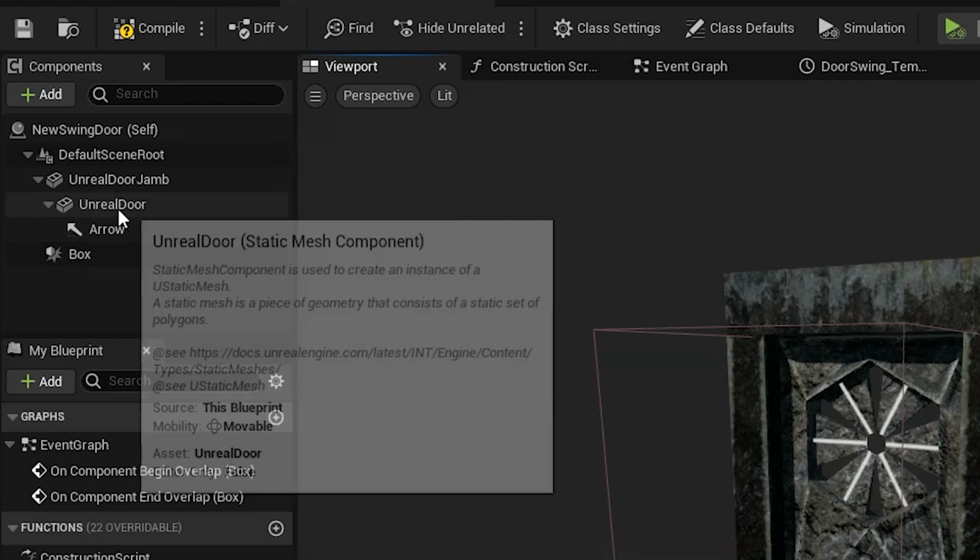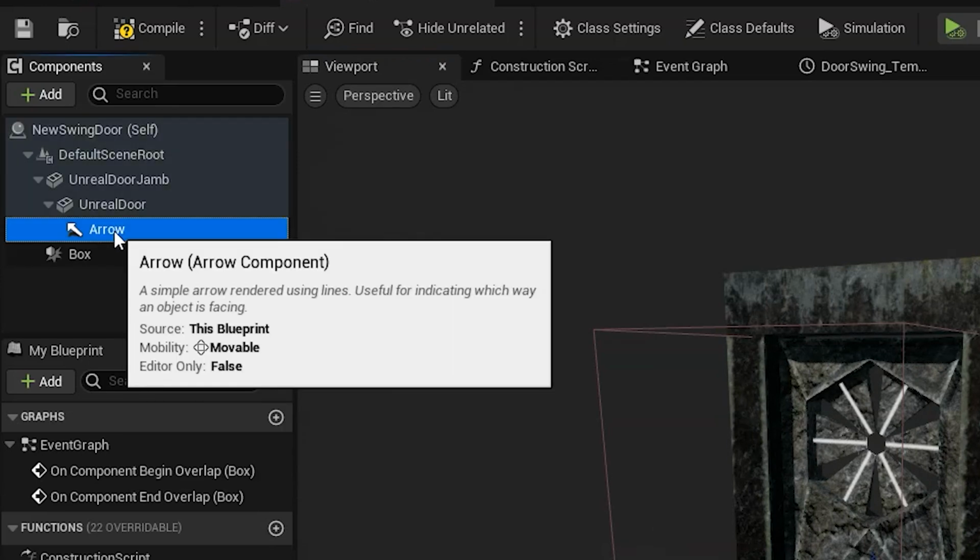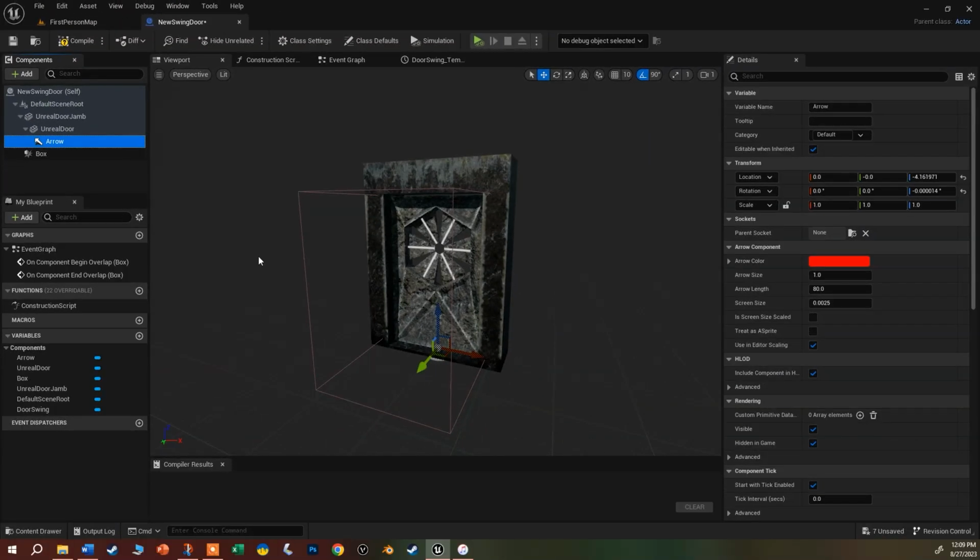And then we've got a little problem here because right now the arrow is a child of the door, but we're going to leave it that way for a second. We're going to come back to that so we can move the arrow without moving our door. We want our door to be a child of the arrow, but if we do that now, we're not going to be able to move the arrow. So the first thing I need to do is select that arrow,